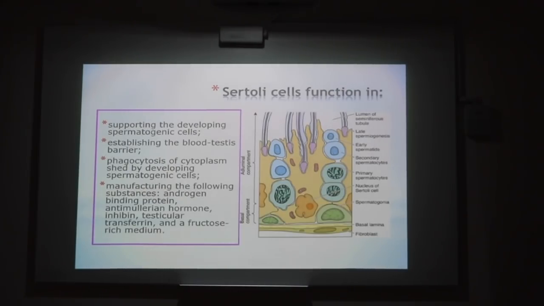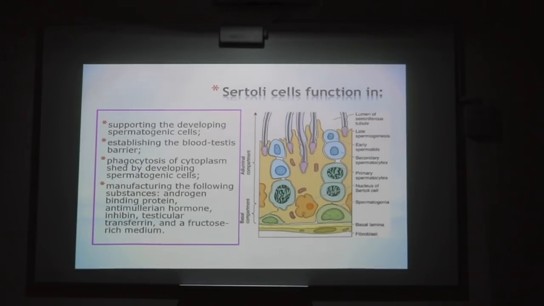Androgen binding protein is going to increase the concentration of the testosterone within the seminiferous tubule, because it is going to bind to the testosterone and keep it there. So you need a higher concentration of testosterone within the seminiferous tubule, and it is achieved by the androgen binding protein, because it binds with the testosterone and increases its concentration within the lumen